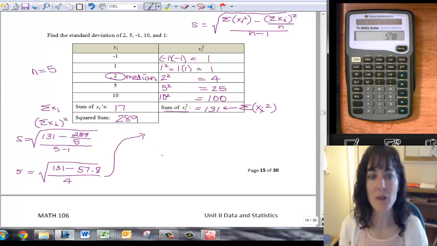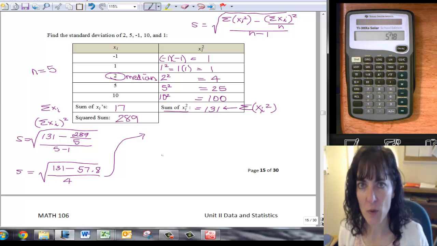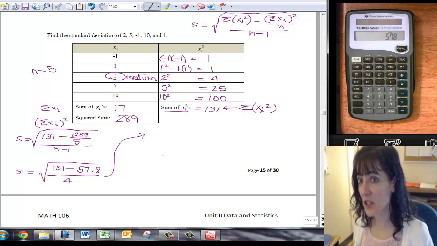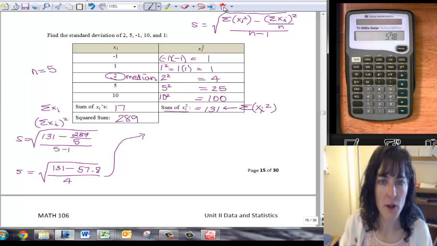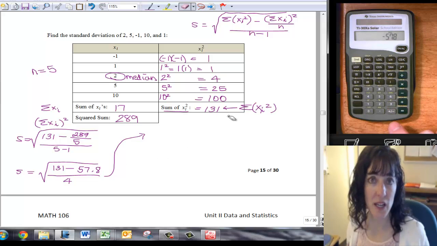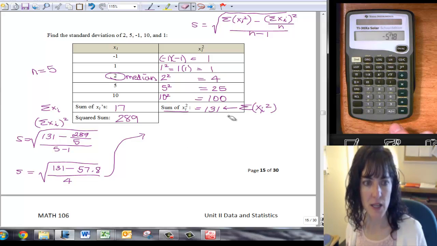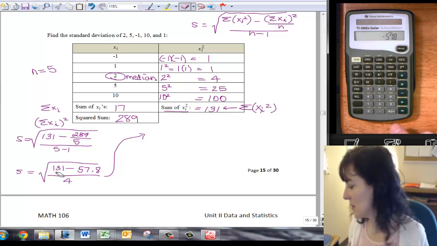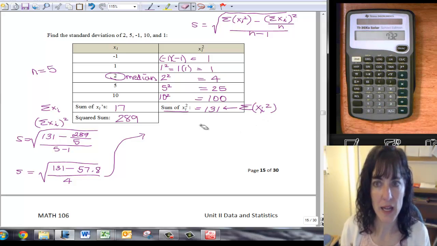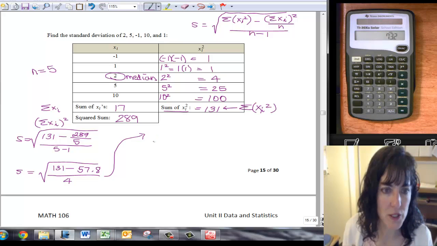Move my problem up here. Now I want to take 131 minus the 57.8. I can retype all that into my calculator, or I can just change the sign, because I see here, let me get my pointer, I see here that I have a negative 57.8, so I could use that idea, just flip the sign. Now it's a negative 57.8, and then the next thing I would want to do is right here, 131 plus that negative, so plus 131. So I get 73.2,